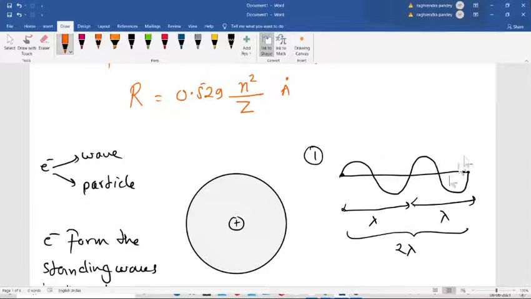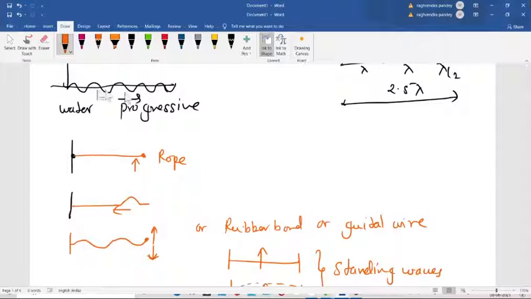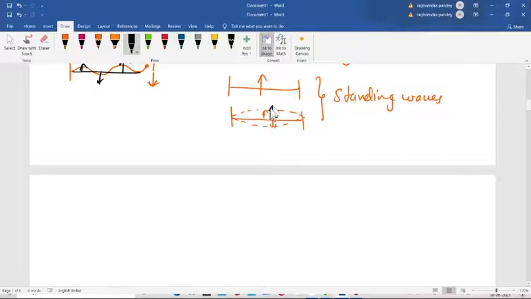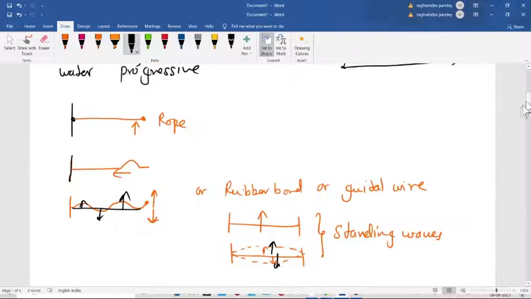Yes, standing waves. Normally the wave is like this. On water, you saw the waves whenever you throw a stone. When you take a rope and you move it, you see the crest and the trough, have you seen the rope? So that is your crest and the trough on the rope. And on the rubber band, that is your crest and the trough. On the rubber band, first it will form the crest, then it will go down, then it will form the trough, then it will go up. Same, have you seen this guitar wire?